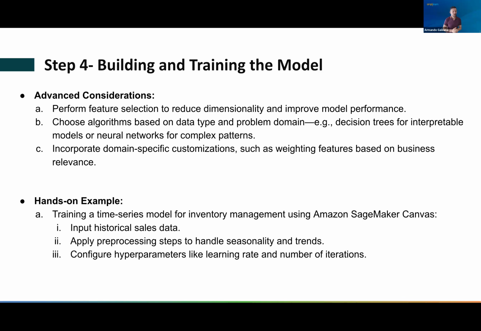This is a quick example, and by the way, inside Amazon SageMaker, they already have a hands-on example that you can look into for predicting sales data. And they will do everything for you. They will do the pre-processing steps, they will configure parameters, and it will start training the model, okay?